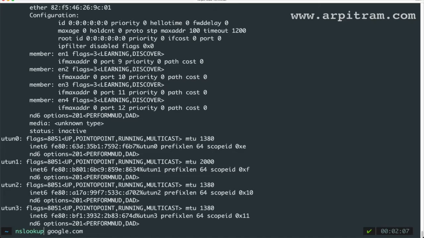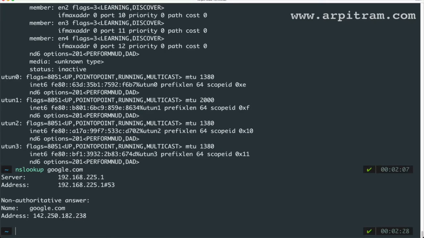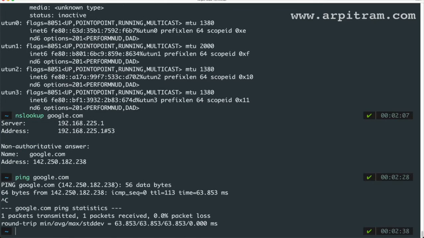Let's say if you want to dig into your domain details, and you want to see the public IP of your domain, you should try this and you will get the public IP. Or the simplest way to see the public IP of any domain is to just ping it and it will give you the public IP, right?